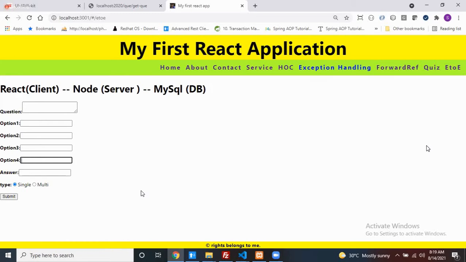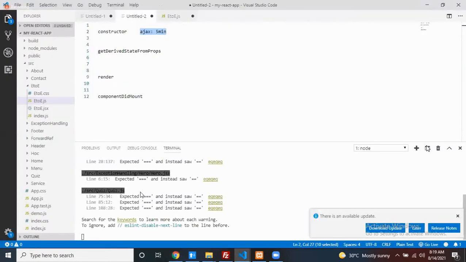Should it stop or not. Okay, then next, do you want me to write this piece of code here? If you write this piece of code here itself, after 5 minutes only my render method is going to execute, right? And one more thing, my get_derivative state from prop is going to execute for every state change, so if you write this piece of code here, any state change happens, again an Ajax request is going